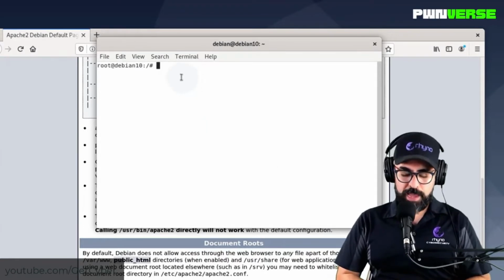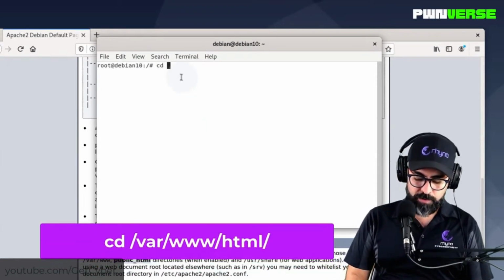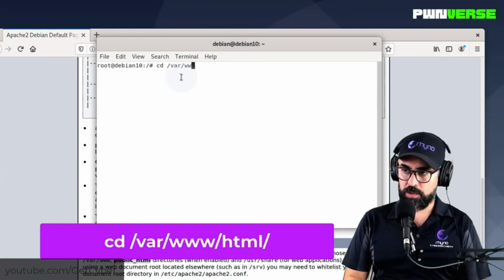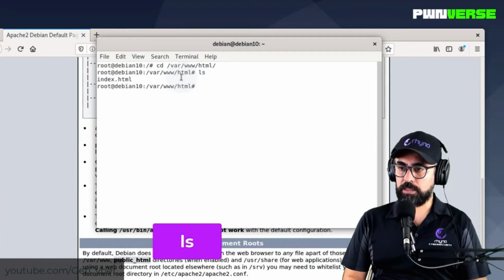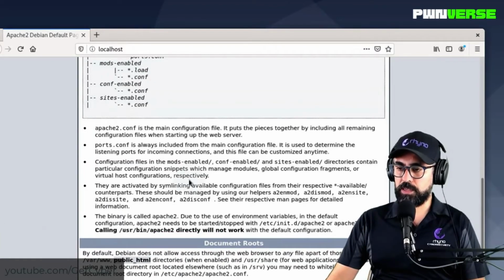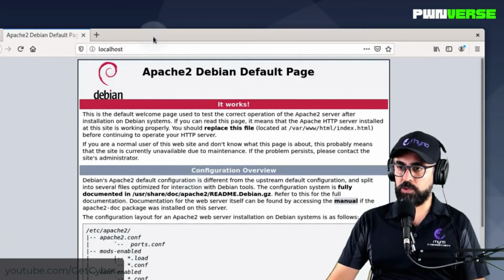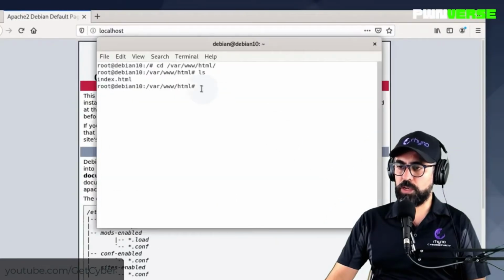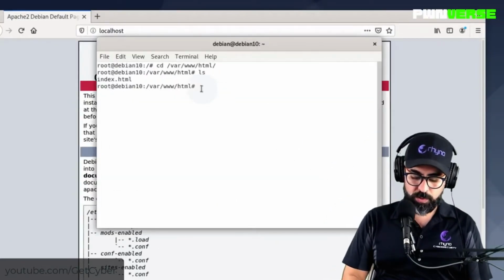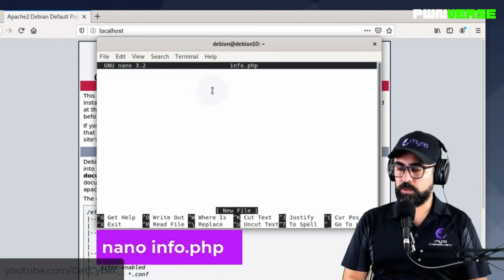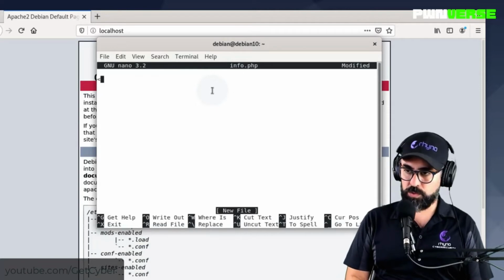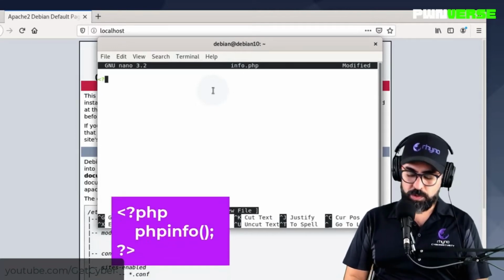And for that, I have to cd /var/www/html. I get into there, then I do ls, and that index.html is exactly this, right, at your localhost. So I'm going to create another file, let's call it info.php, right? So I'm going to